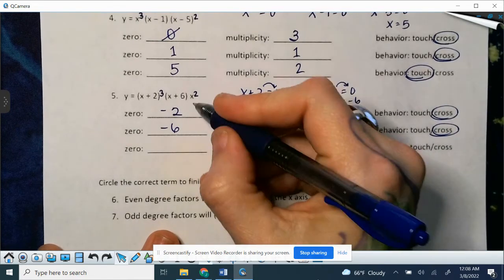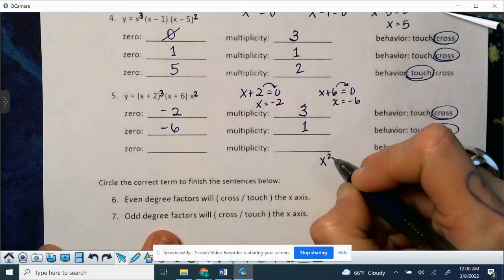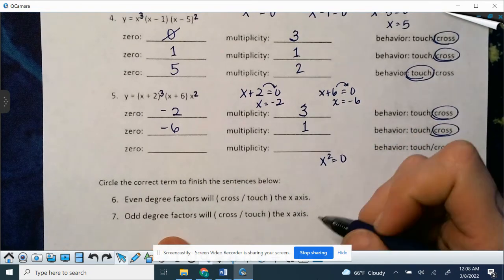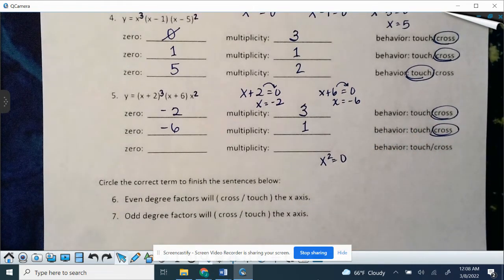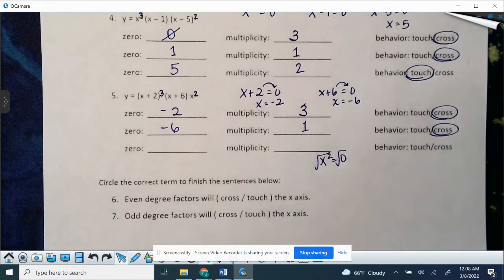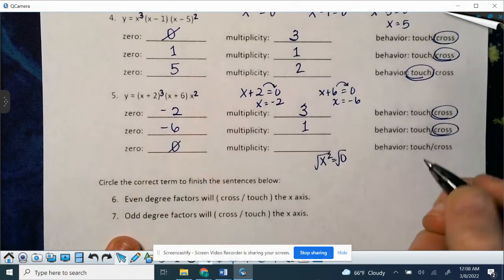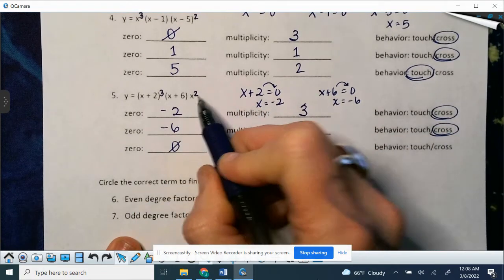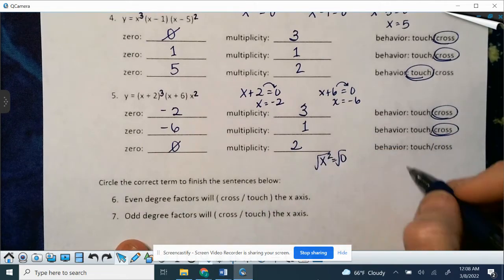And then we have x squared, so x squared equals 0. Again, just like to undo a cube you would take the cube root, here we're going to take the square root. So what number did I multiply by itself to give me 0? That is 0 times 0. So our zero is 0. And the multiplicity, because there is an exponent of 2, is 2, which is even, means it is going to